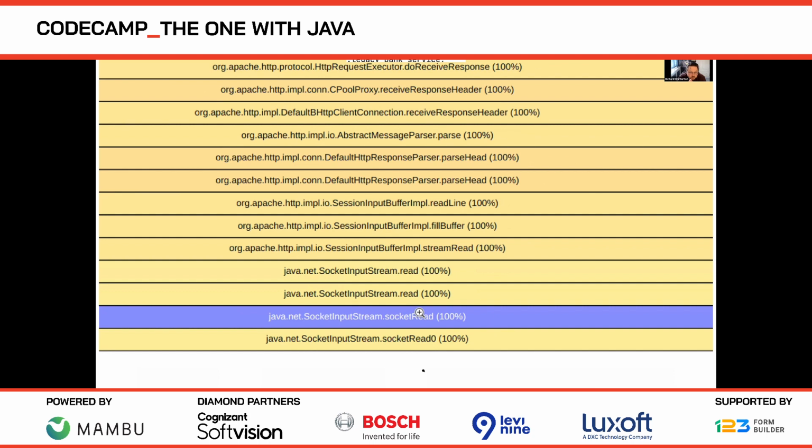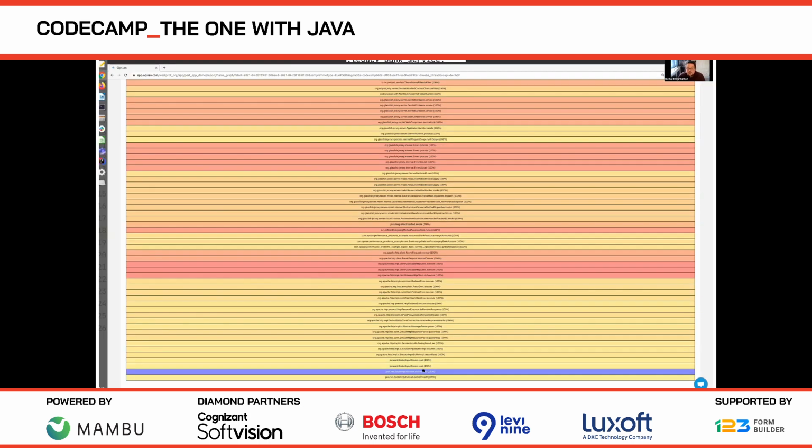It's waiting on reading data from a socket. Or in other words, it's waiting for the external service that we were talking to respond to the HTTP GET request that we have here. And this is a really big clue. If you're looking at wall clock profiling data and you see an IO method at the bottom that's eating all the time, reading data or writing data over a socket, reading data or writing data over a file, ask what is that thing talking to? If it's a file, you need to read or write less data. If it's a socket, you need to speed up the other system.